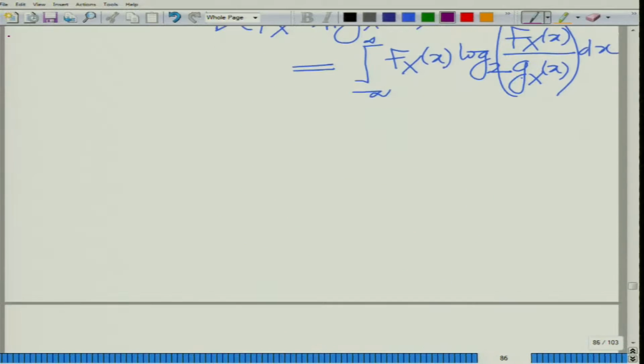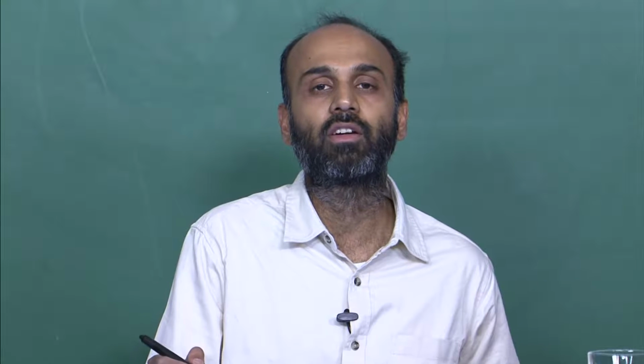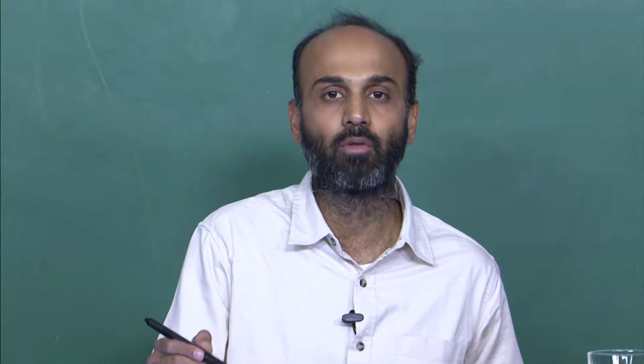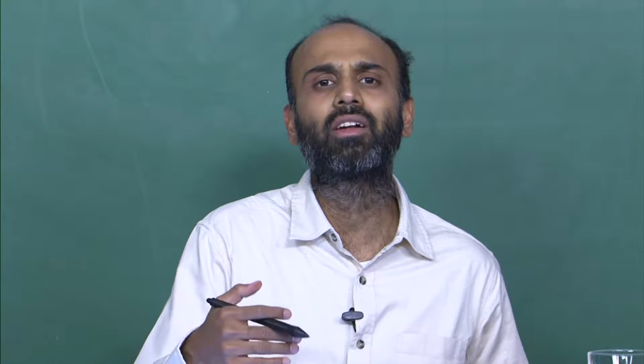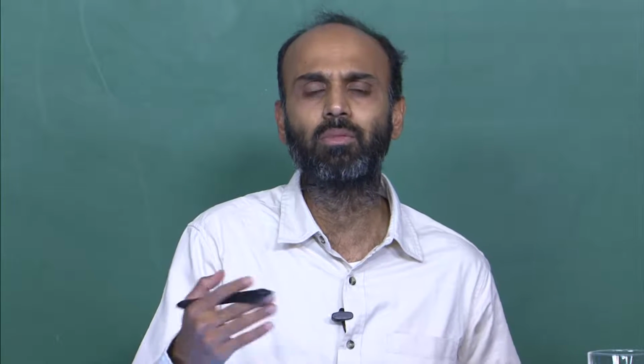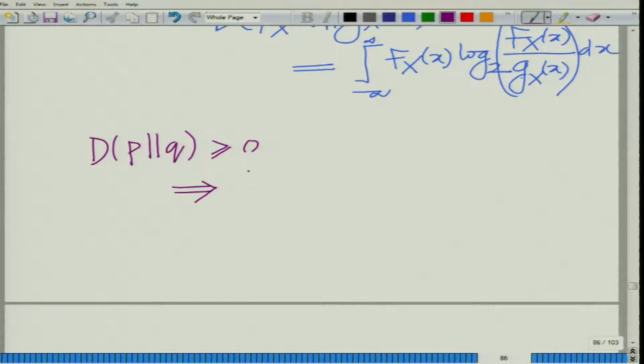Now therefore we have the KL divergence greater than or equal to 0. Remember, we had rigorously proved using the concavity of the log function that the KL divergence is always greater than or equal to 0. Of course we had done it in the context of probability density functions, but the same is also valid for probability mass functions. This implies that